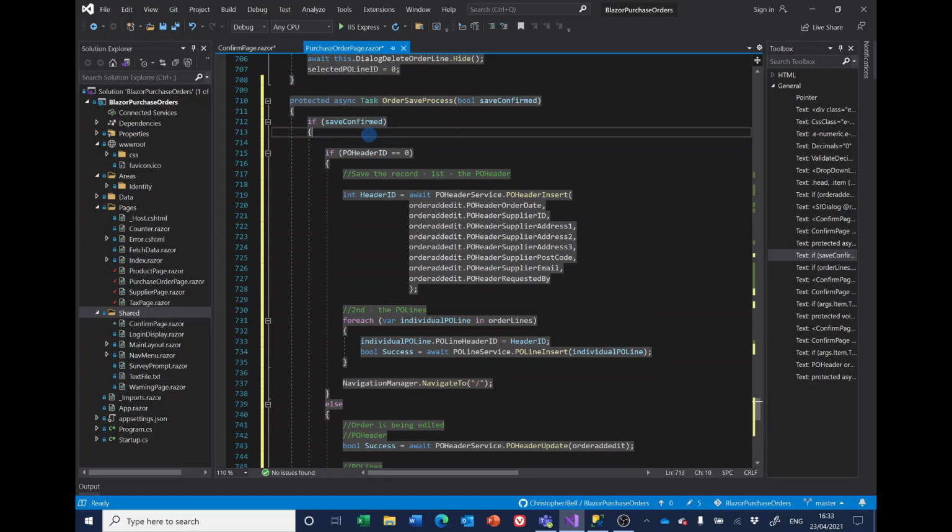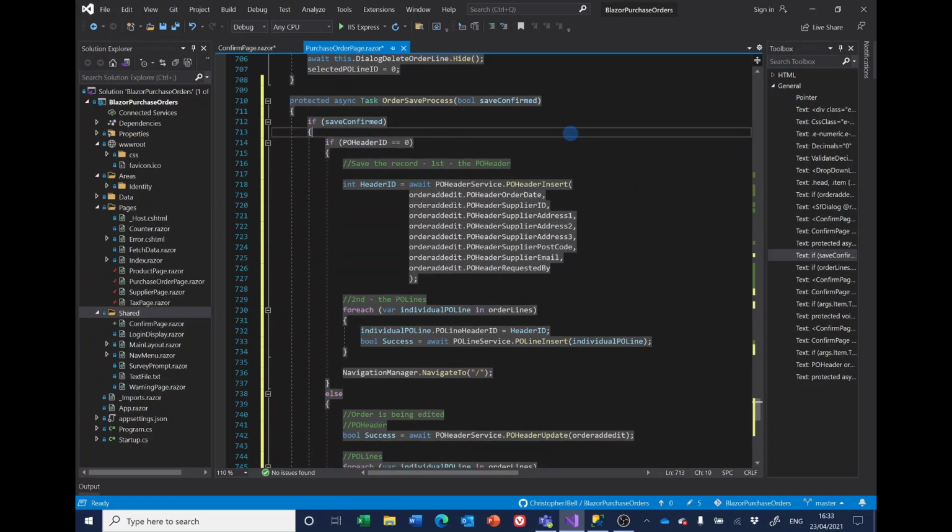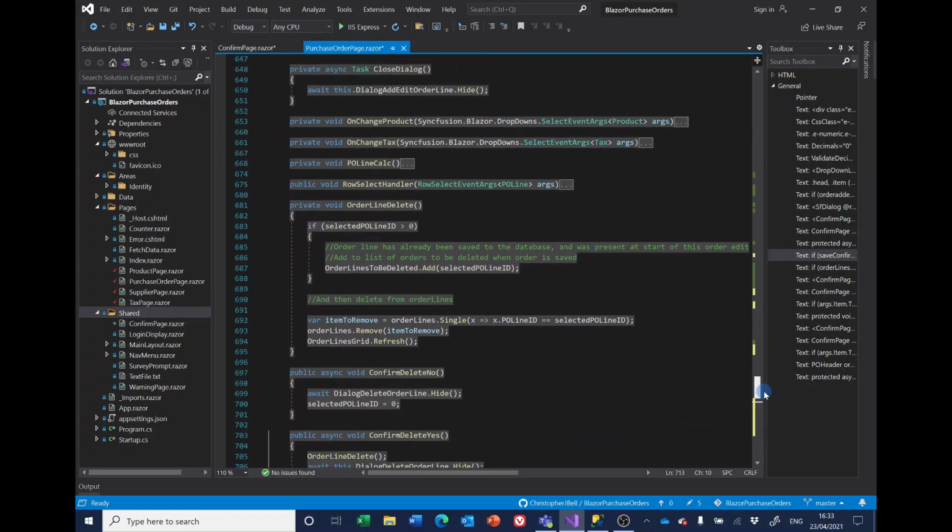Let's tidy it up a bit. So going back up here